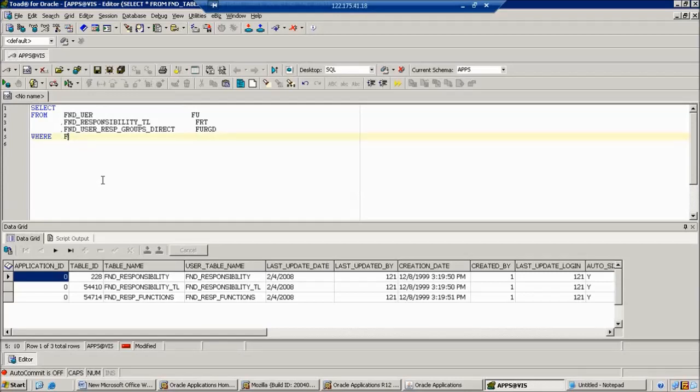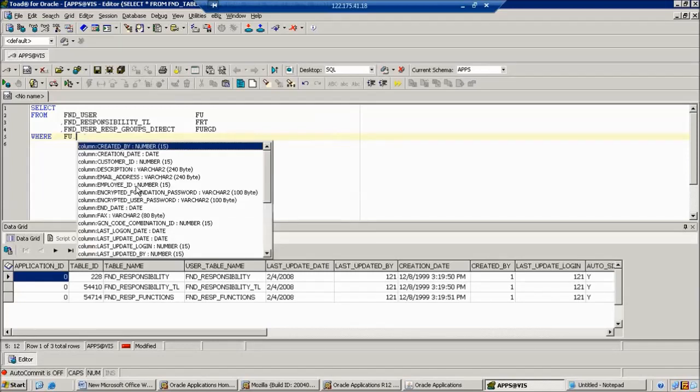Now I am going to give FU and put it. So at this time we clearly understand we made a mistake in our table. Right?